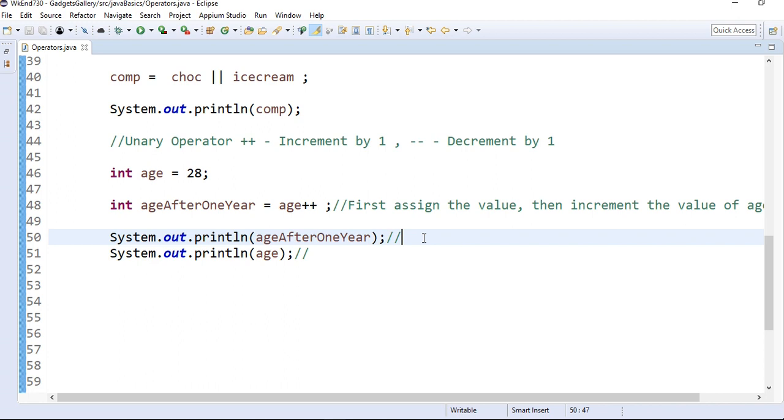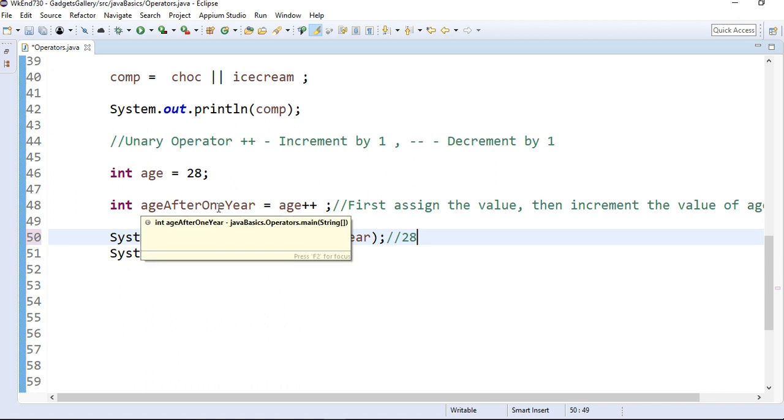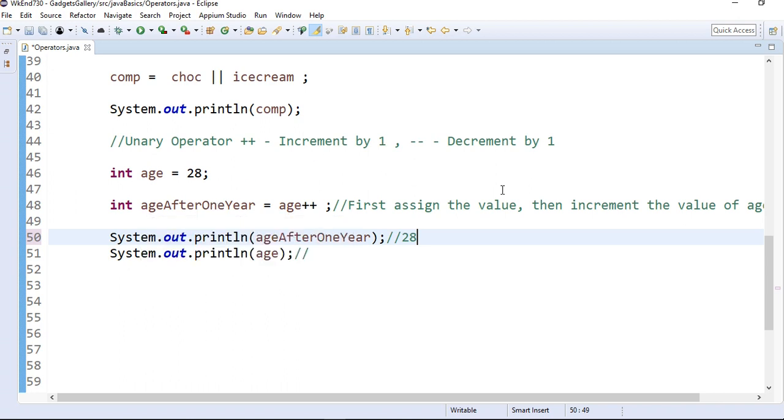So what I'm saying, first assign the value. So whatever be the value of age, that will be assigned to age after 1 year. See, this is another variable. Okay. And then when the expression comes over here, I'm saying then increment the value of age. So once it is assigned and then plus plus happens, then the value of age is increased. Okay. So now that will be incremented by 1. So now this comes to